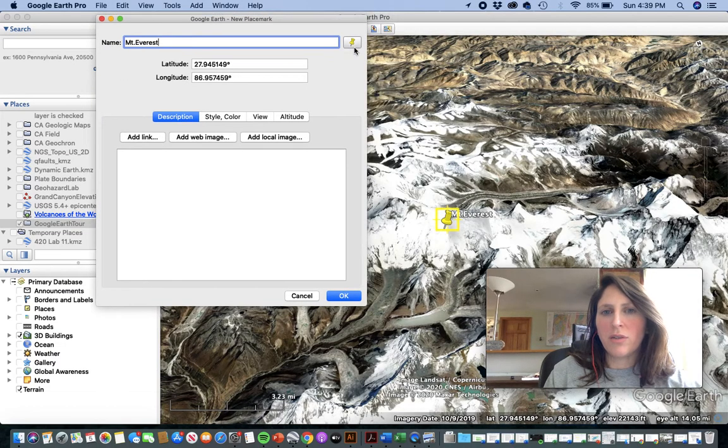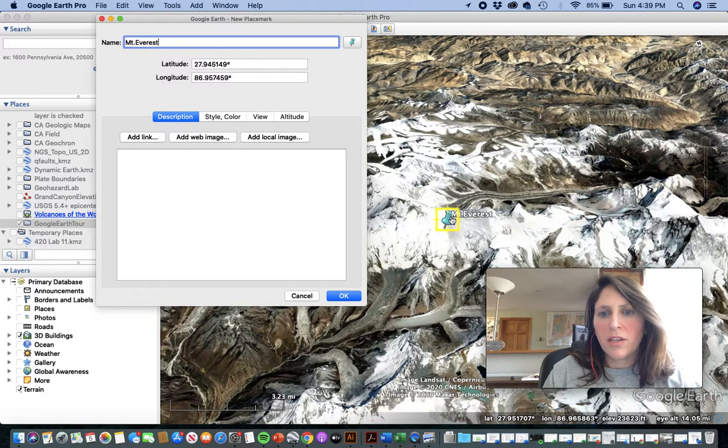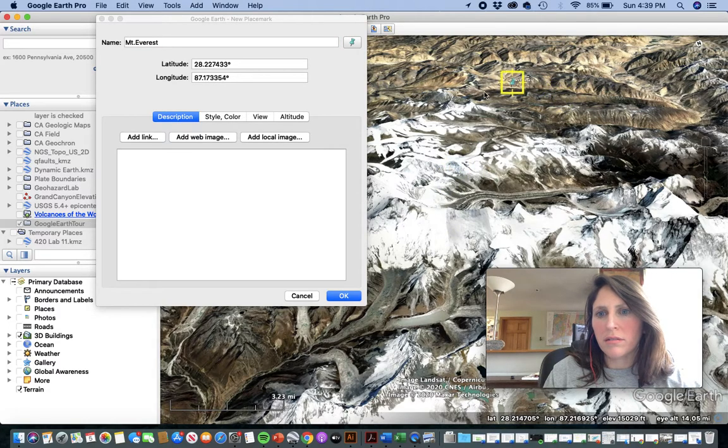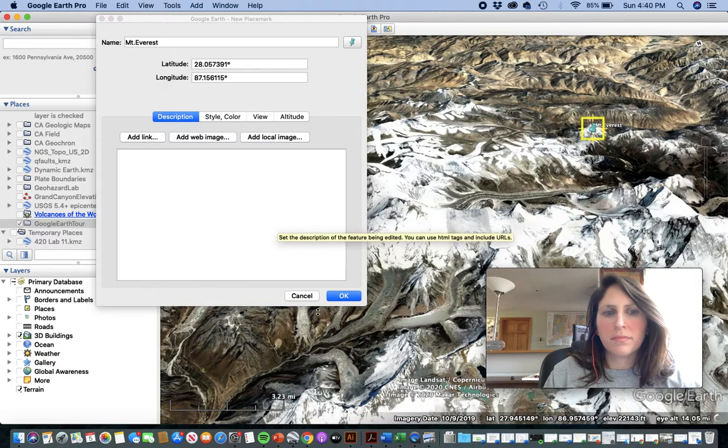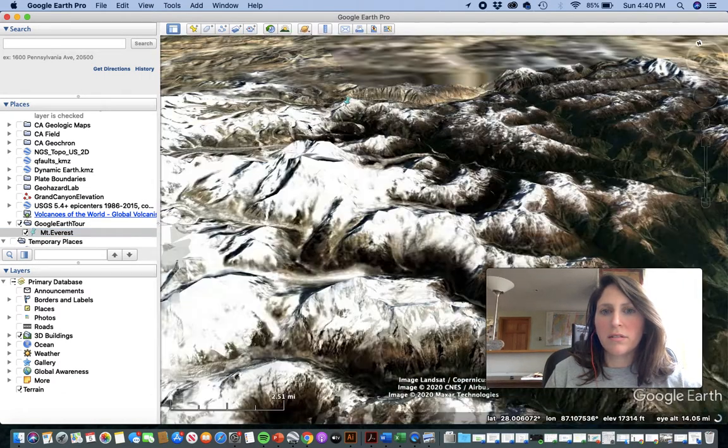Okay, and you can always change the placemark icon. So let's say I want to make it blue. You can drag this anywhere. Let's say I want to put it over here. Done. Okay, so now I have a place saved under this folder. So when I click on this icon, it'll take me there